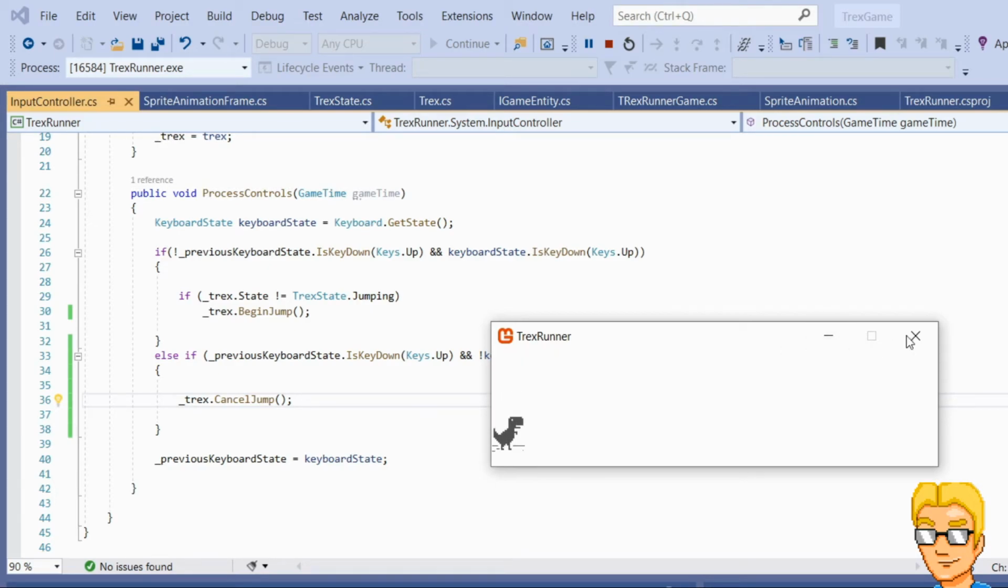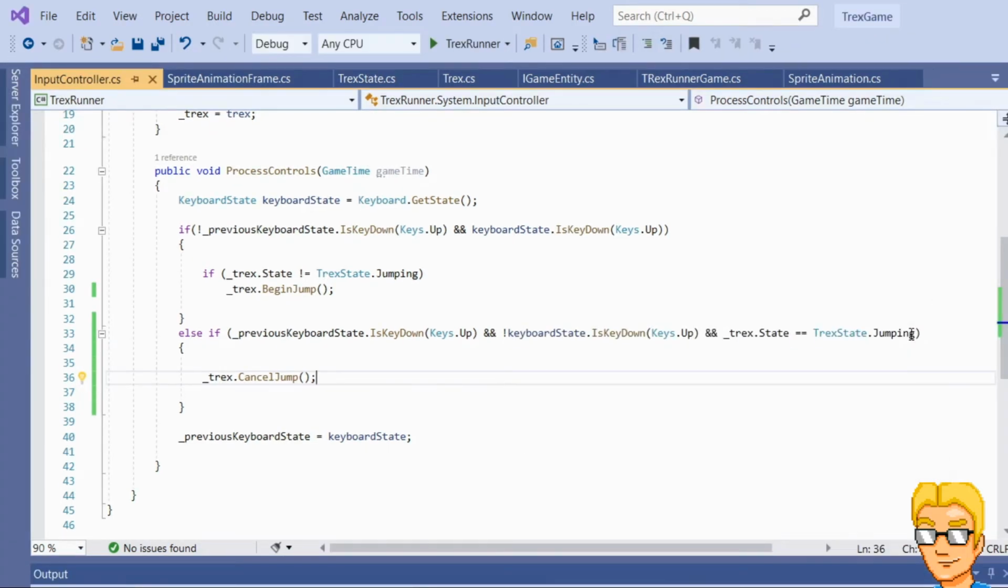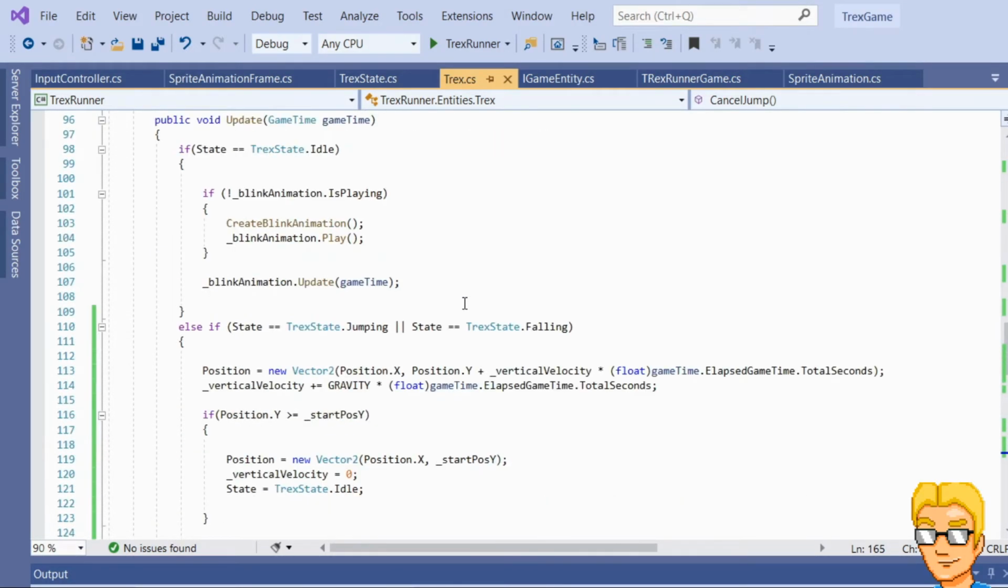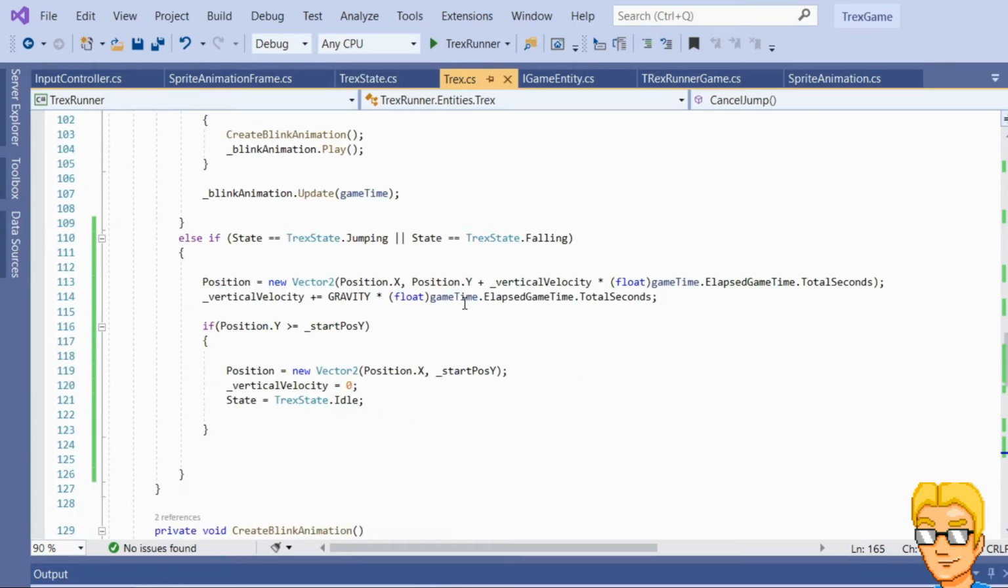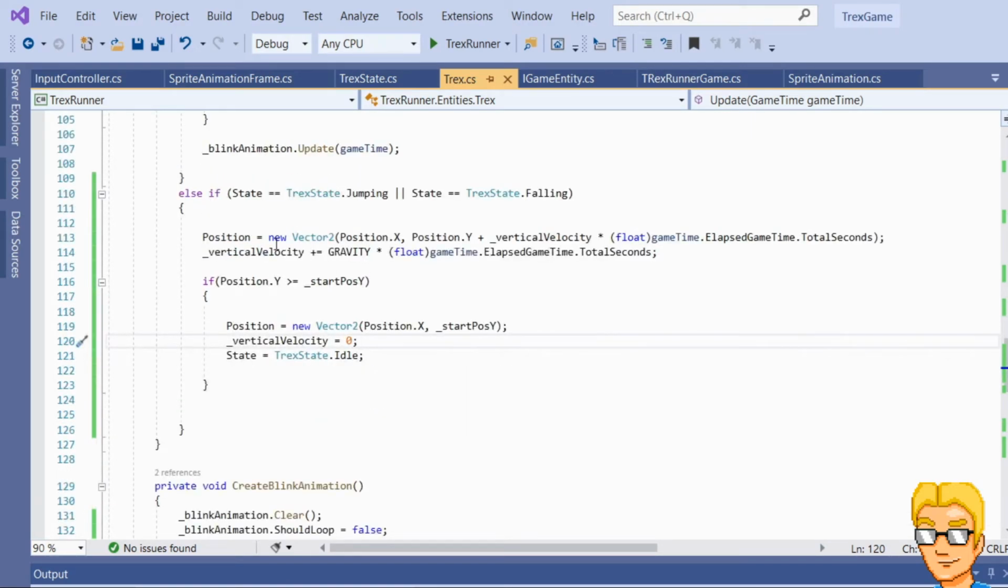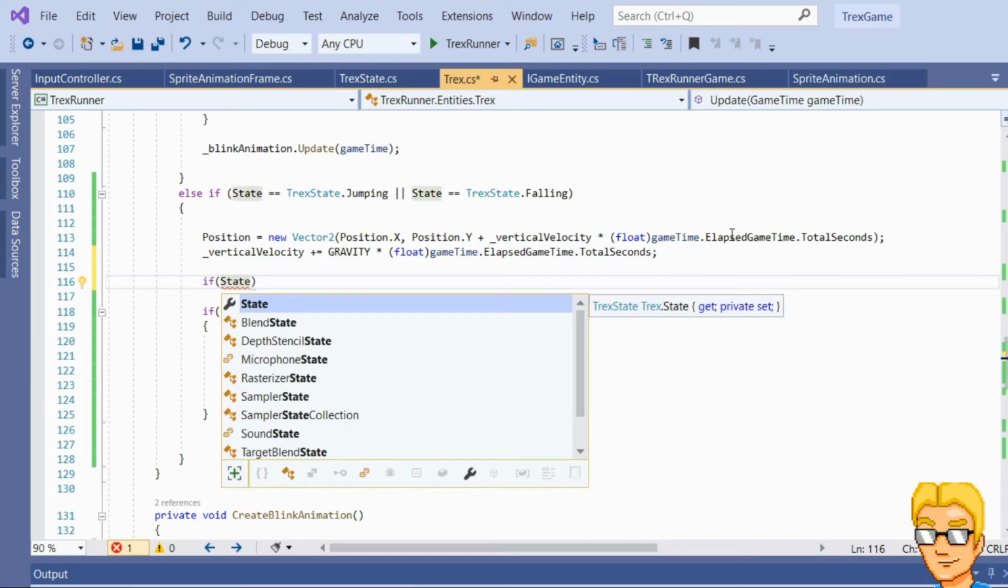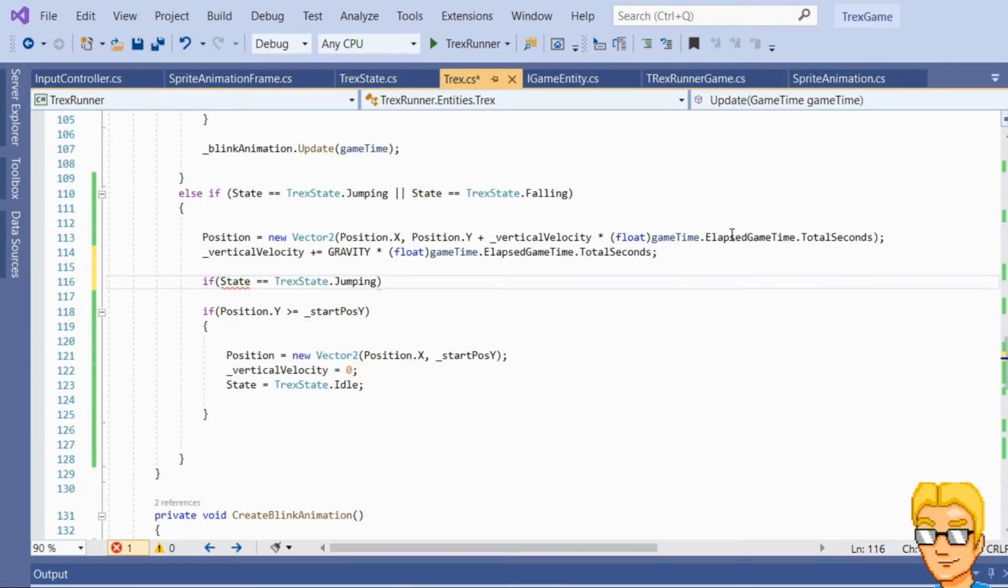We never change into falling state naturally, basically. So we only change into falling state if we cancel the jump, but it doesn't change into falling state just by having the gravity applied to it. So let's see. Apply the gravity here. And here we can check if state equals jumping and vertical velocity